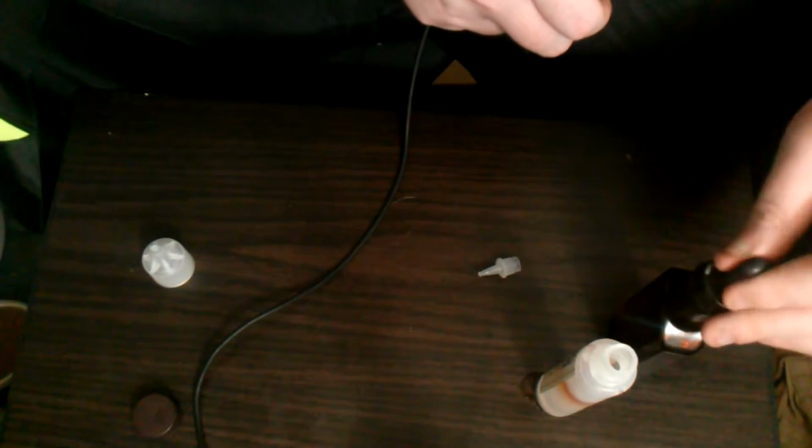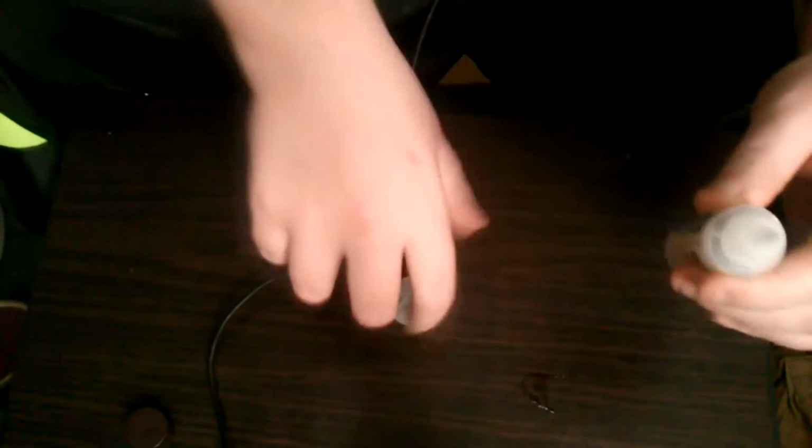And there we go. Actually, I think I'm just going to leave that like that. I was about to put the lid back on. Pop your top back on, put your lid back on. We'll come back up to FaceTime and we are going to shake the piss out of this thing. Before I start shaking it and getting all the flavors mixed up in the e-juice, I'm going to give it a quick wipe down. Wipe my hands off. Now, because it's already starting to mix, you just...